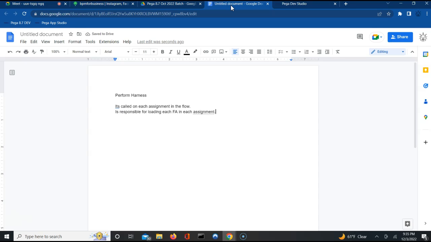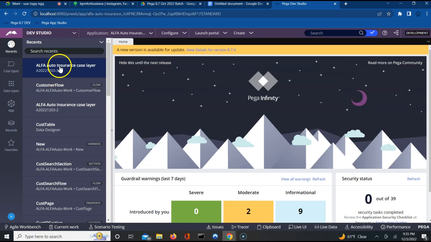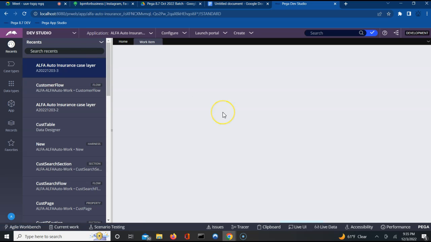We used the live UI tool and we also verified that. Let us go back to our UI and understand what the perform harness has. Like we said, every screen, every assignment will be having a flow action which is getting loaded, and the perform harness is responsible for that